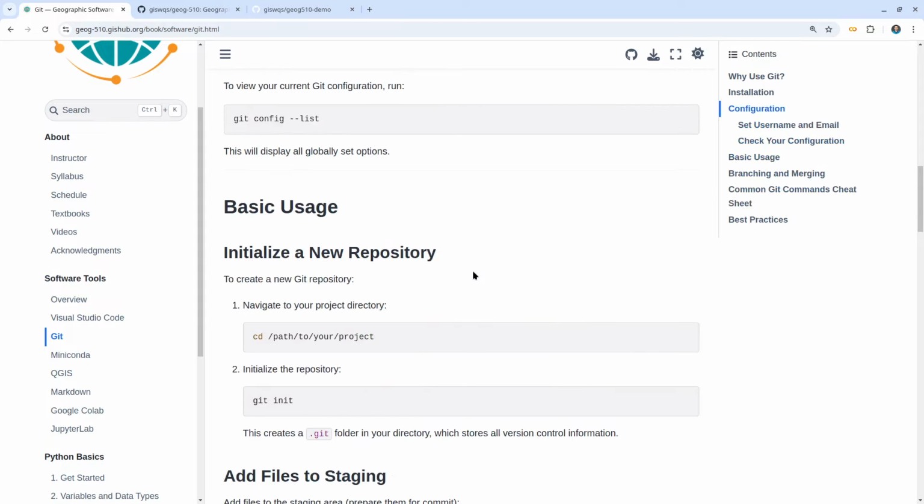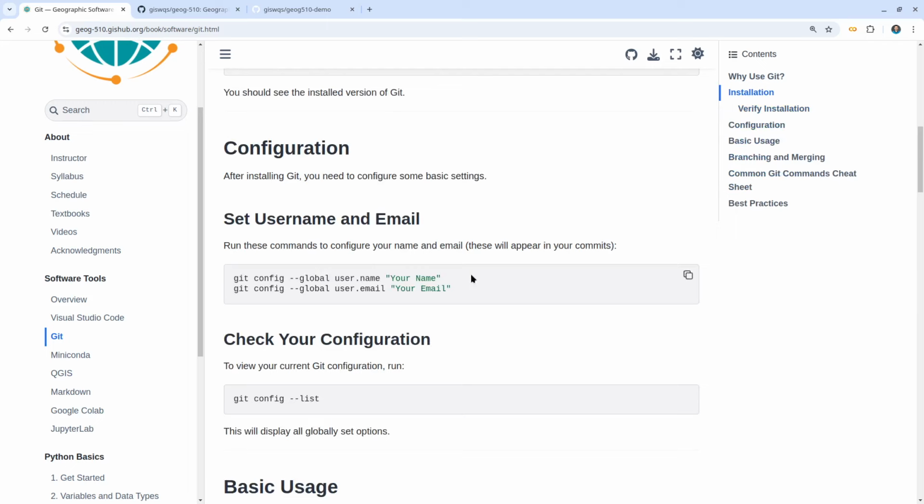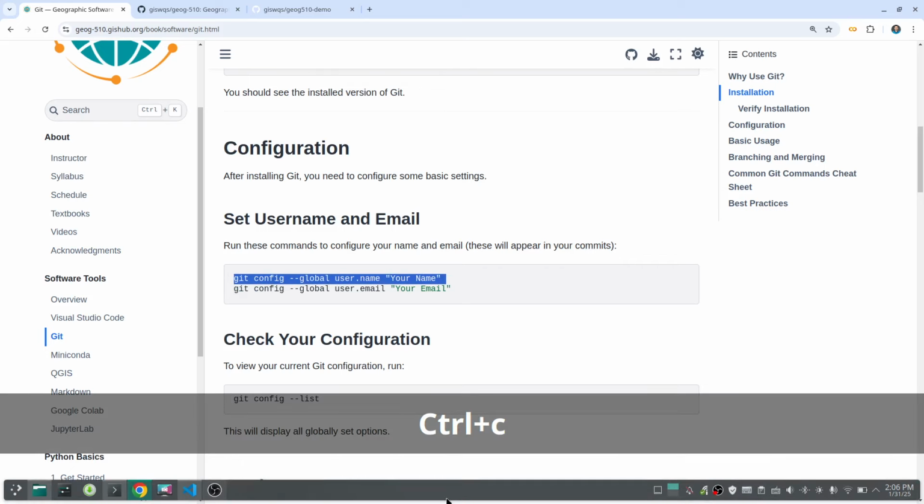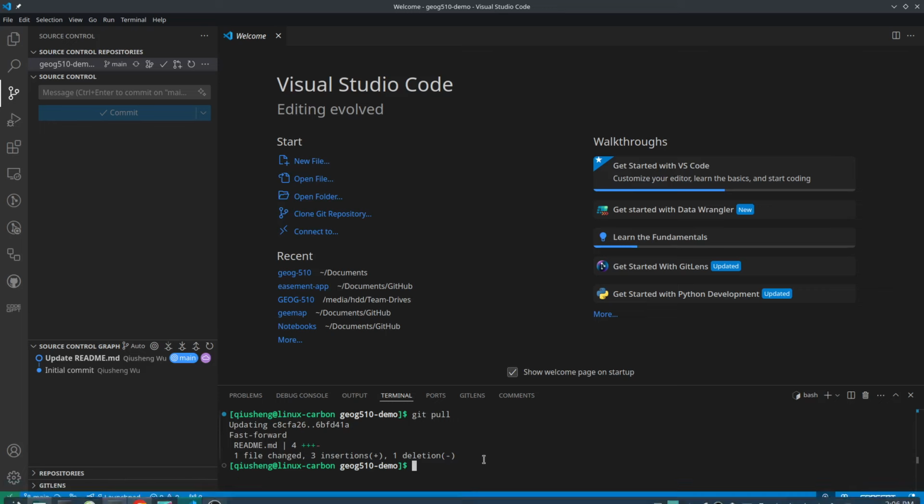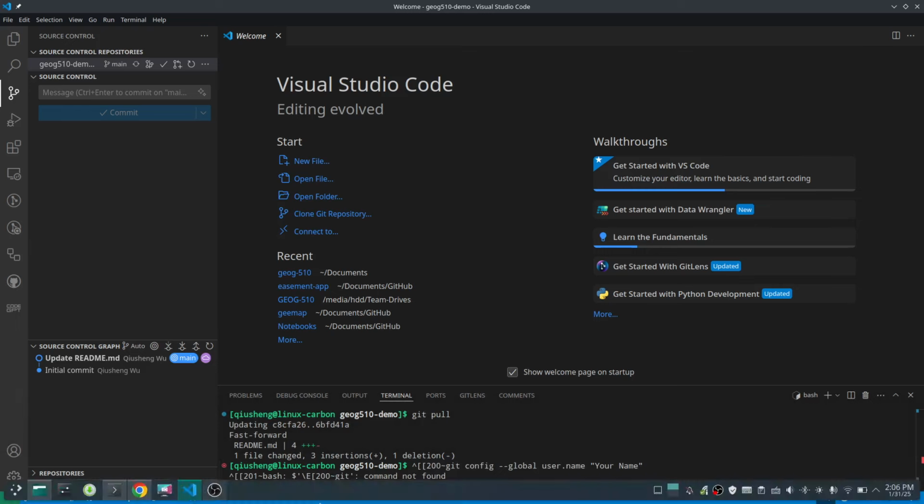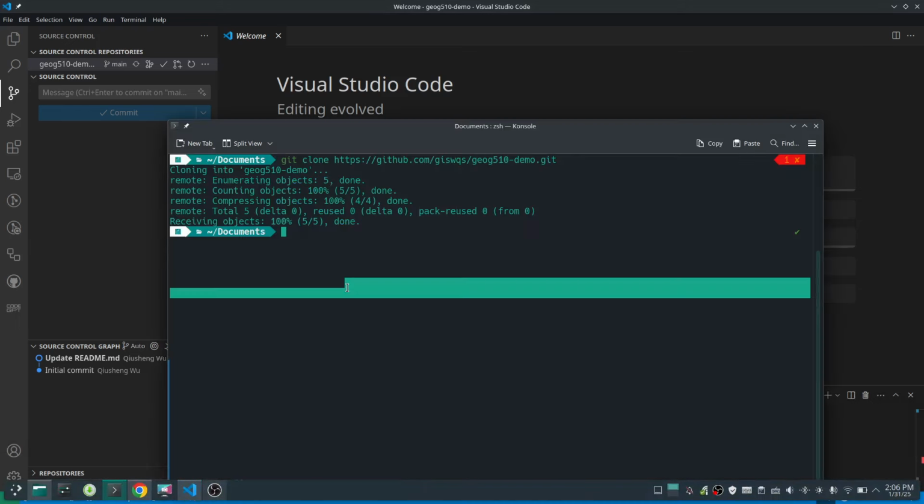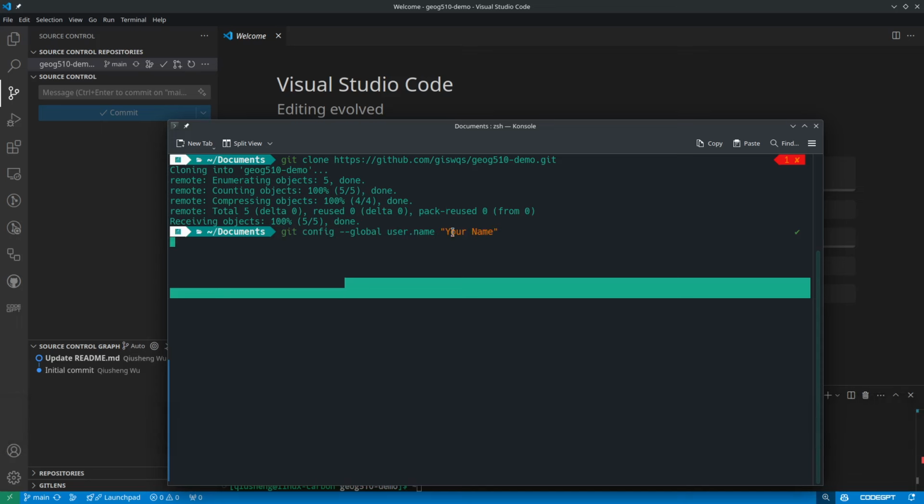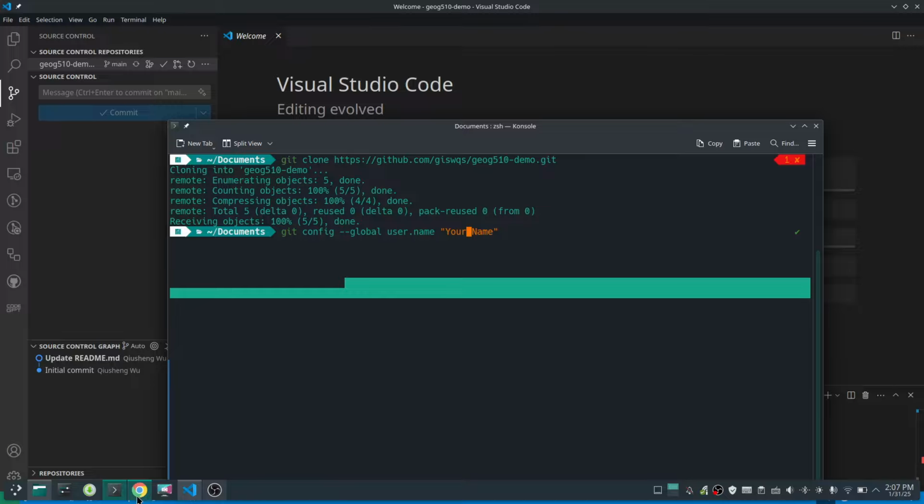The only thing you need to make sure you set up is this one, okay? Otherwise, you won't be able to commit. So you need to set the configuration and replace this with your name, and then copy it. Then paste it in the terminal, maybe the terminal might be better. Control V. And again, replace this with your name. Don't hit enter, okay? Replace this with your real name,